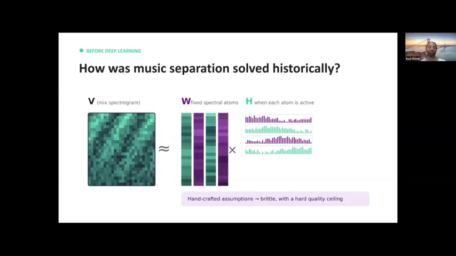The assumption it's making is that each atom, or for simplicity in this talk, let's say each instrument, can be modeled as a constant frequency distribution. For example, in this W matrix, you can see this green column at the first position, and you could imagine that might be the guitar's spectral distribution. What this model is saying is that anywhere there's a guitar, it follows that exact same frequency distribution in time, just at different amplitudes or different loudnesses,